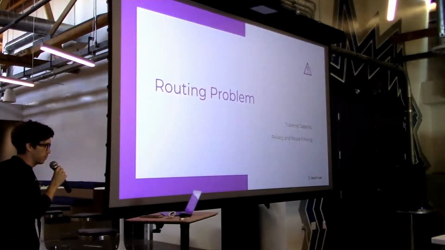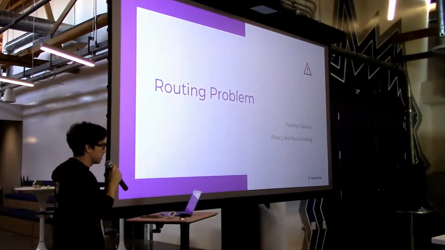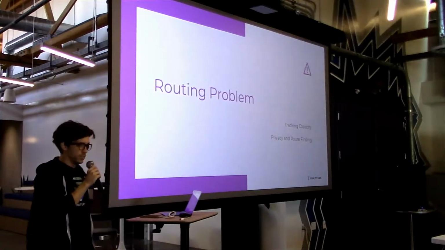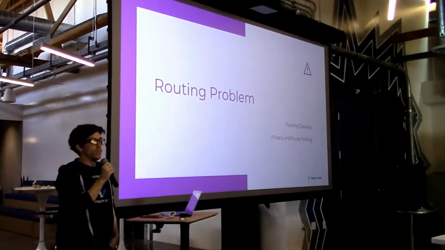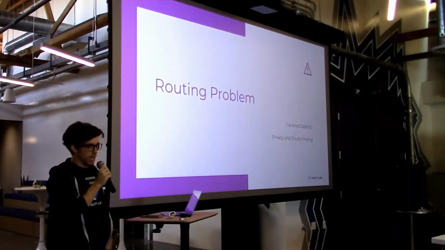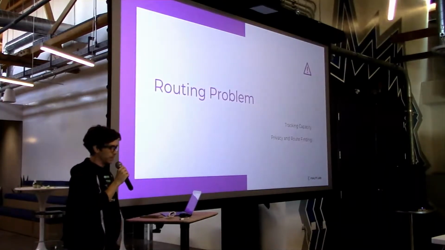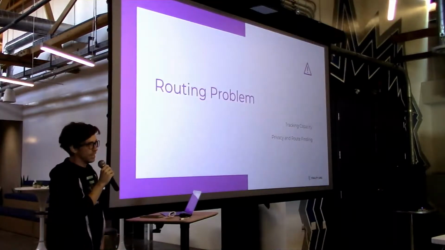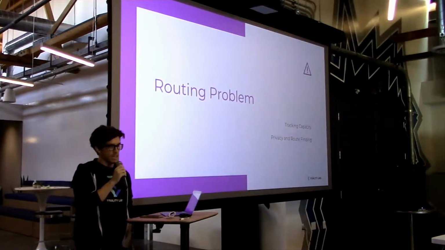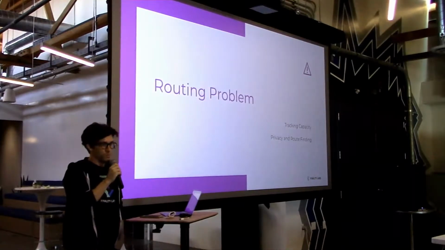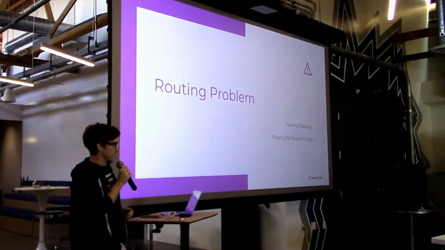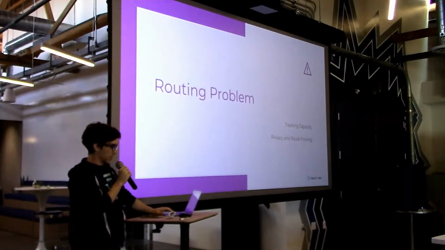But there's a problem with that, right? We have a routing problem. There's an inherent privacy to state channels where the reason it's fast is because nobody else cares about your payment. So if nobody else cares about your payment, then nobody else is tracking your payment. And if I'm not tracking your payment, then I can't know your liquidity. I can't find a path to D because I can't see how much of a balance everybody has. So I'm not sure where to go to route my payments. And that's specifically because of the privacy.